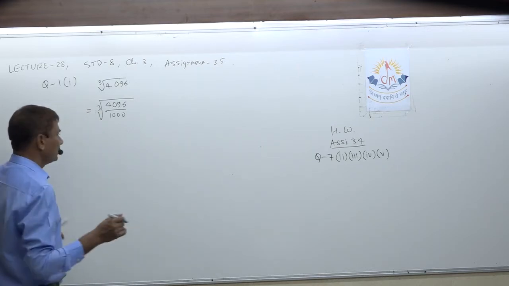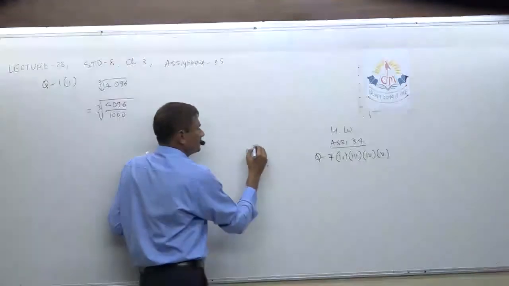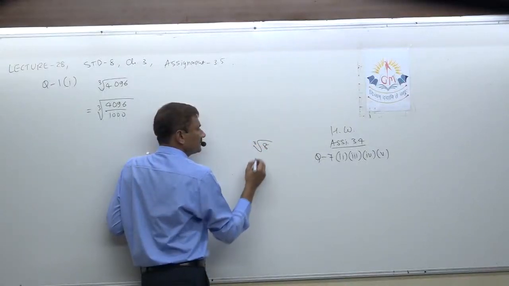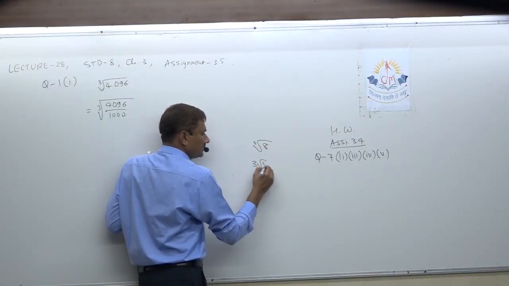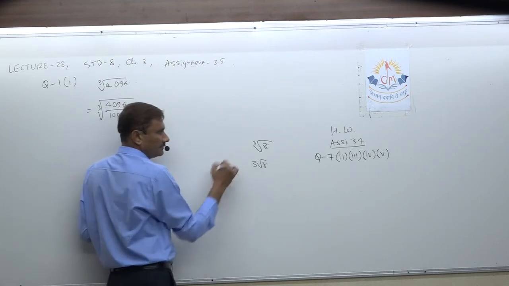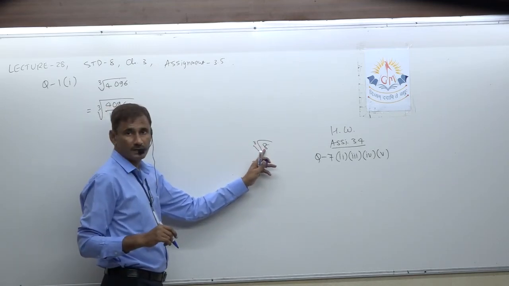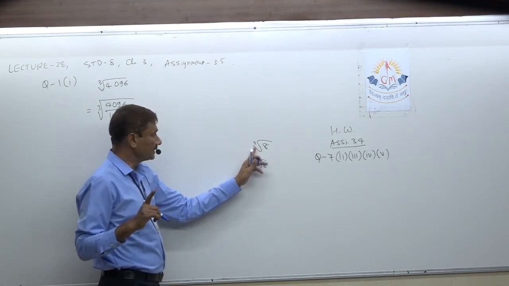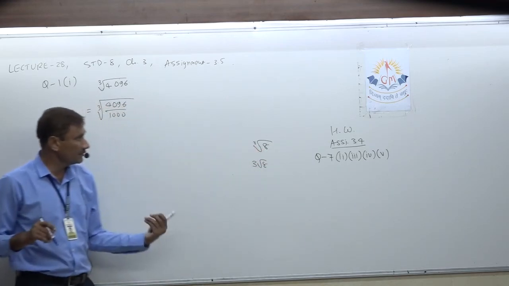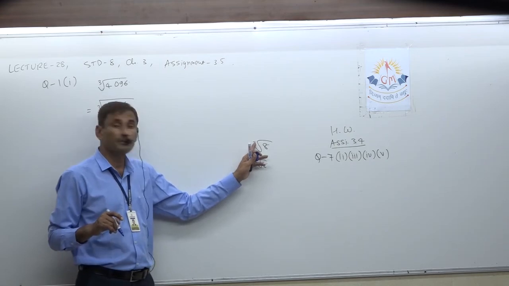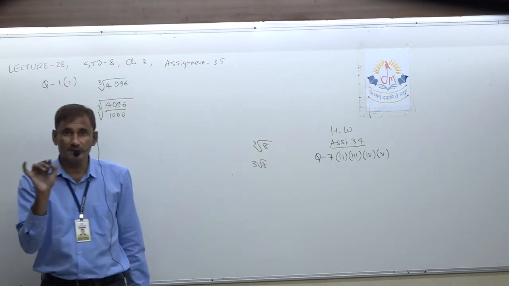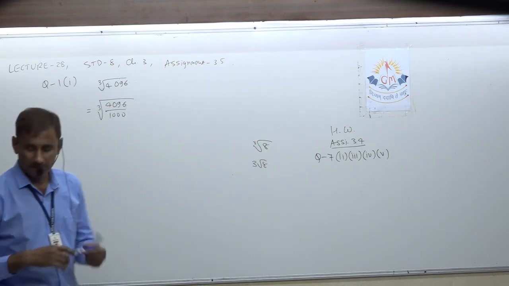The cube root sign should be written carefully. Suppose this is 8 cube root, so I have written it this way. If you write it another way, it is wrong. Both are different: this is 3 into root 8 and this is cube root 8. So be careful writing the 3 here, not outside, but in the gap, in small size, not so big.